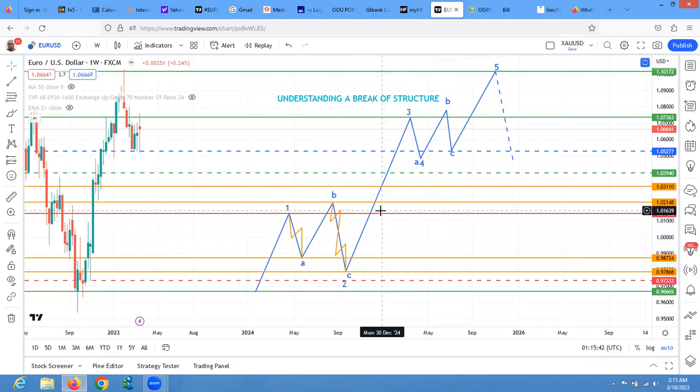So if I'm going to have an X, X should not go beyond here before price makes it back down, because I want to do a more complex correction. And once price goes down again, you must have some things at the back of your mind. If price is going down again, you allow A to finish. You don't want to trade A because you don't know if it's A or just a pullback.